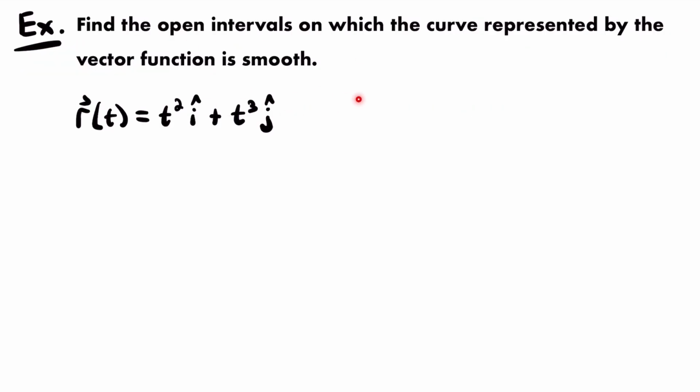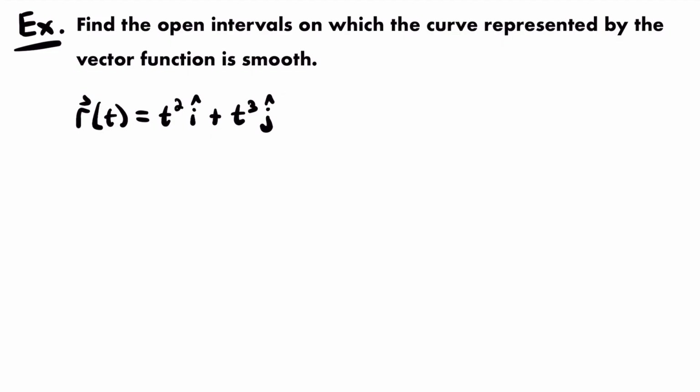And so here's our first example. We want to find the open intervals on which the curve represented by the vector function is smooth. And our vector function is r of t is equal to t squared times i plus t cubed times j. All right, so we just have a very simple two-dimensional vector function here. We're working with a plane curve, and our goal is to determine where this vector function is smooth or not